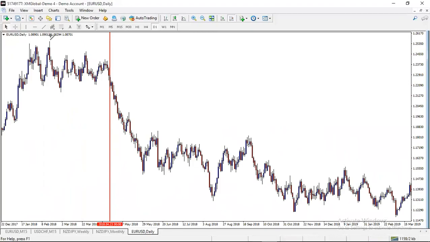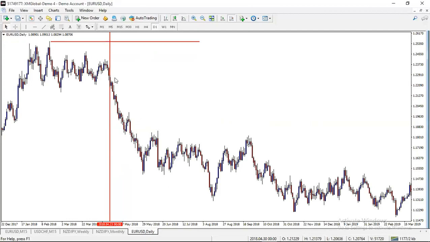But you can see that the market is in a downtrend because it's failing to reach the previous highs. That high couldn't reach that high. This one couldn't reach that high. This one couldn't reach that one. This one reached that one but couldn't reach that one. So in a downtrend,